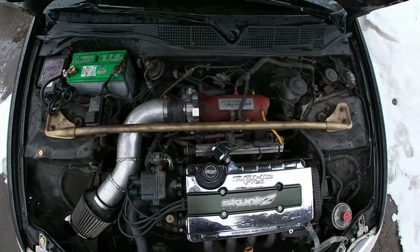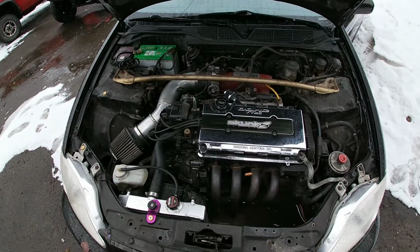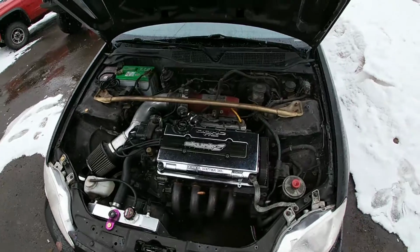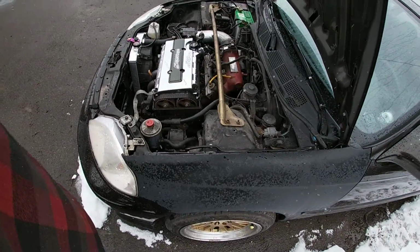So yeah, this is one of my old buddy Joe P's cars, but he sold it off to another guy, and then this guy bought it too. So it's just a young fella, but he's a real good guy. Friend of another guy's that I boosted his D series, so